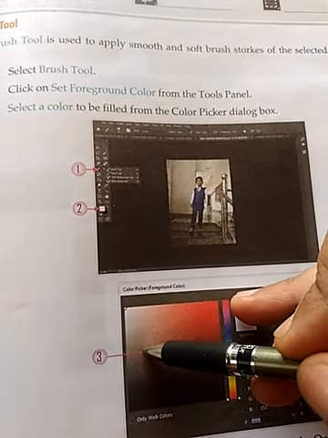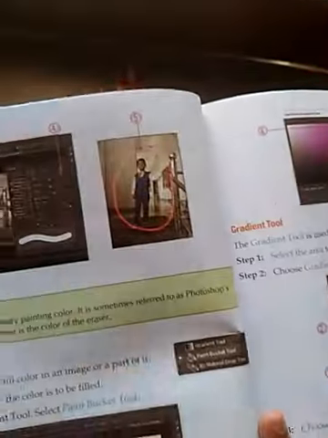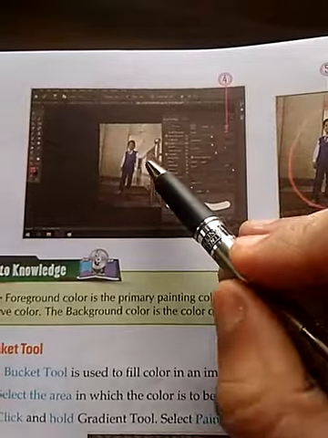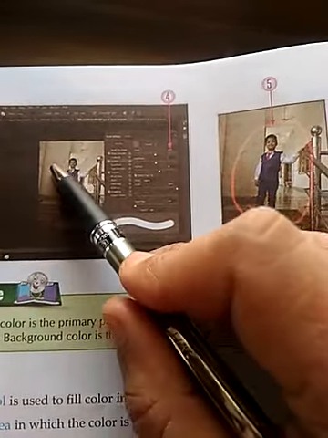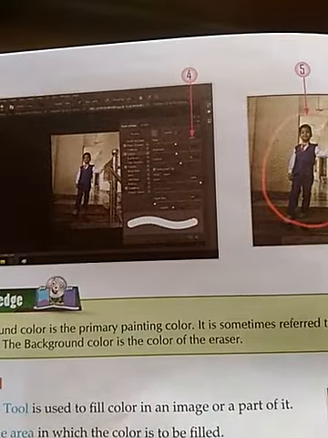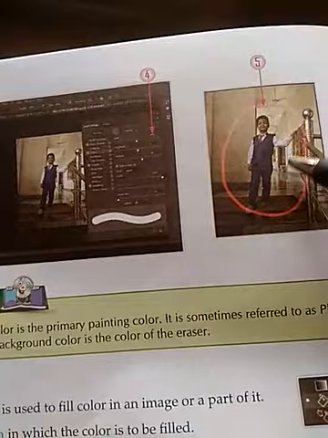Suppose we have selected this one, and after that if you apply the brush tool, it will rectify and enhance the quality of that particular color from the image.